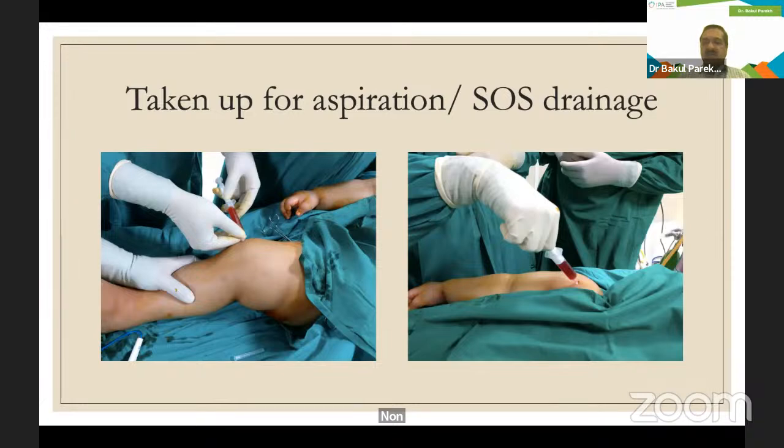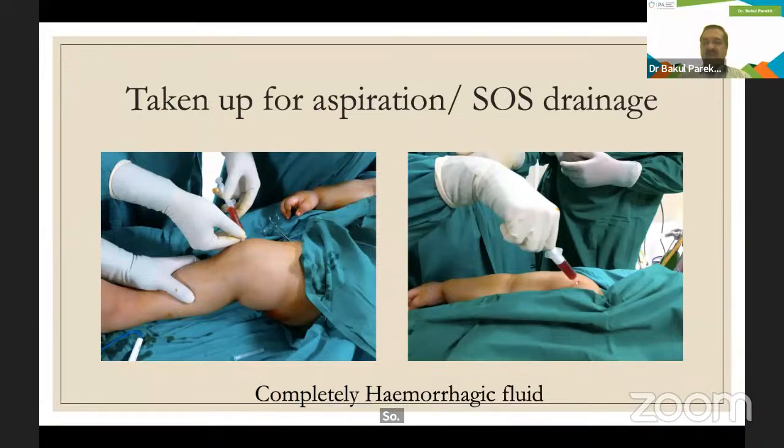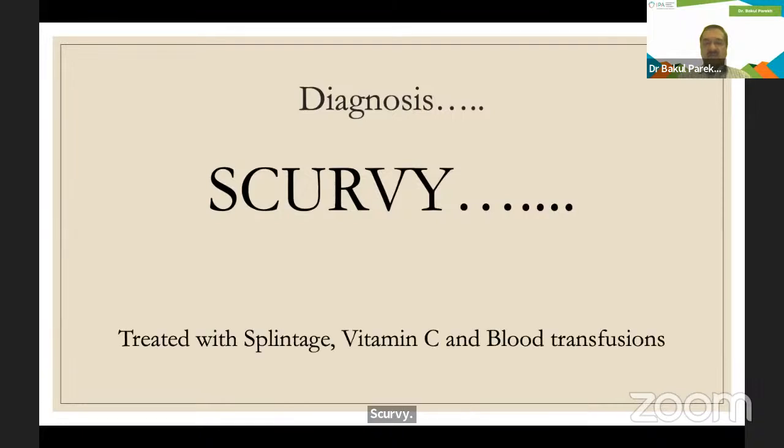and with dysplasia of all the epiphyses, upper and lower bone on the right side. So hemophilia, you will have a different presentation, no? Or why only on one side? So basically, this is a case of scurvy, treated with splintage, vitamin C, and blood transfusion,